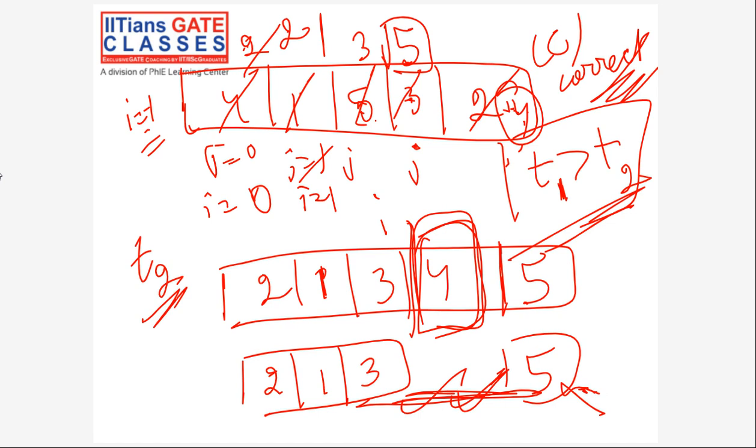I just gave you a dry run of the partition algorithm just to tell you. Although this question could have been done in 30 seconds, since you know that if this array is sorted in ascending order, we will have the maximum number of comparisons, because we will not be able to divide the array into two equivalent parts. Always the other part of the array will have zero elements, and all the elements will go to the first part only or the second part only, right? So this is why you can say the number of comparisons in case of 1 is greater than the number of comparisons in case of 2. So option C is correct.